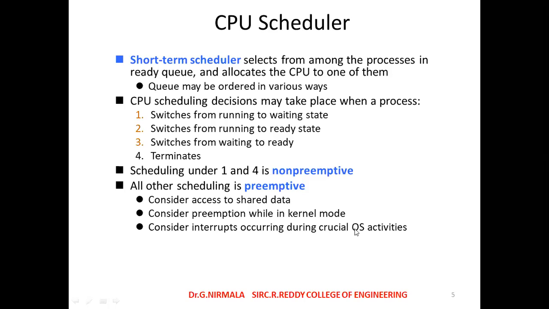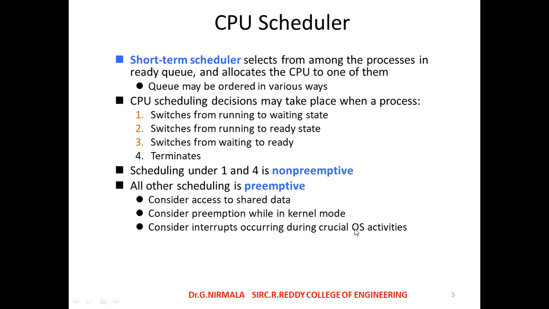program or process, the scheduling may be either non-preemptive or preemptive scheduling. That non-preemptive and preemptive scheduling decision will be finally decided by the operating system. The decision will be finalized and handled by the short-term scheduler or CPU scheduler. That CPU scheduler takes care of assigning all the processes without any intermediate disturbance, means without any memory overlapping.